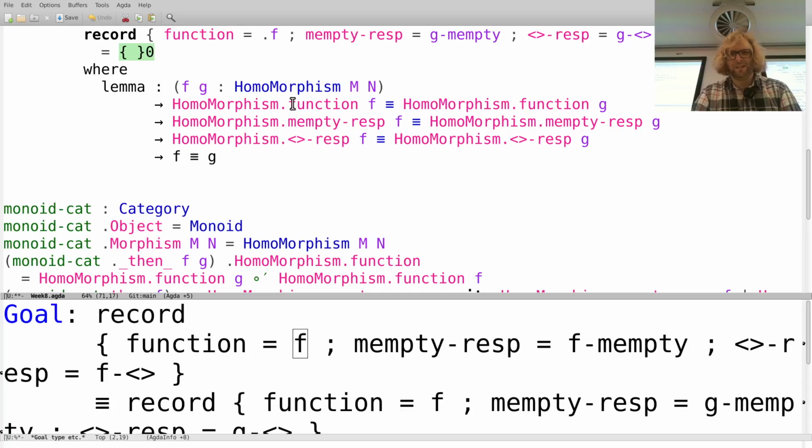So this is what I said up at the top, but I'm also throwing in that the other fields are the same, right? And the reason I do this is because this is easy to prove. Because if this is refl, refl, refl,